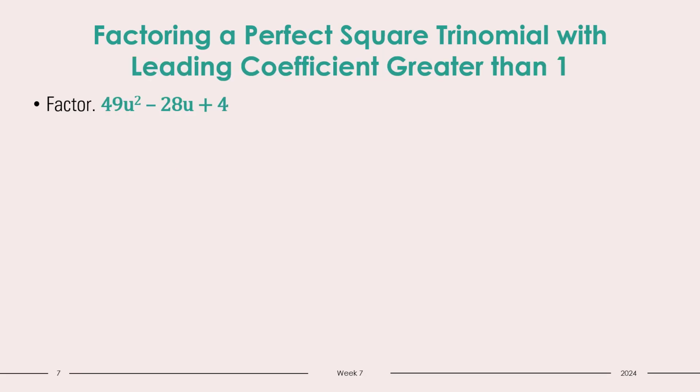Okay, so what if the leading coefficient is not 1? Because in all the examples that we looked at so far, the leading coefficient has been 1. If it's not 1, well, if it's a perfect square, it still works, right? So I recognize that 49u squared is a perfect square. It's 7u squared, right? And 4 is a perfect square. It's just 2 squared. So we've identified our A and our B, right? 49u squared is 7u squared. 4 is 2 squared. So I need to ask myself,